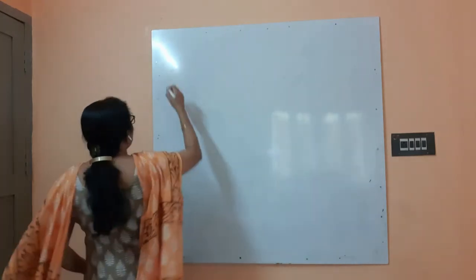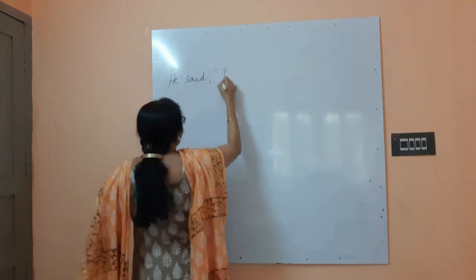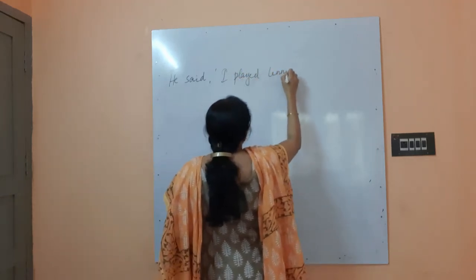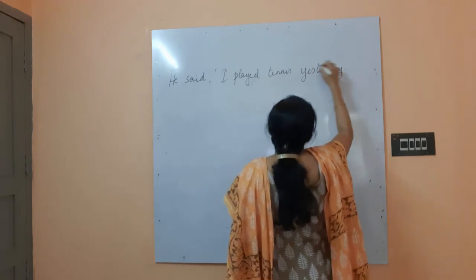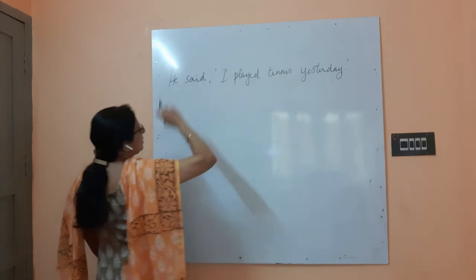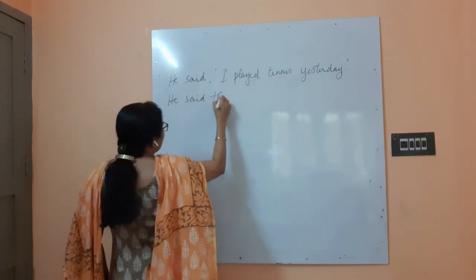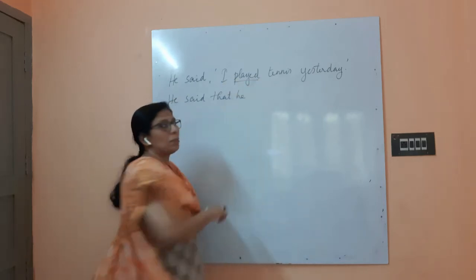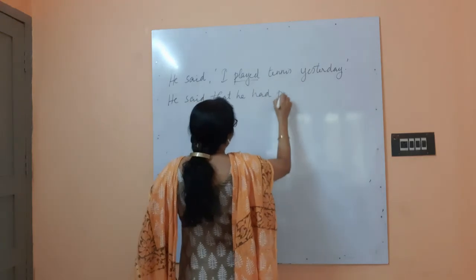He said, I played tennis yesterday. So words of time also came here. He said I played tennis yesterday. How will you change that? He said that, simple past, first person to third person, then simple past to past perfect. Okay, so he had played